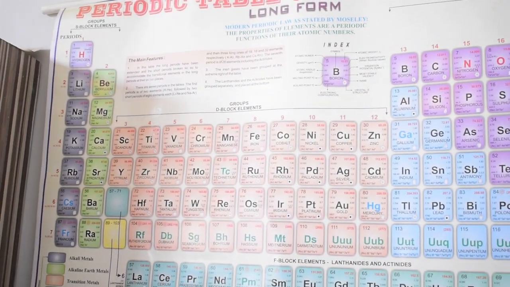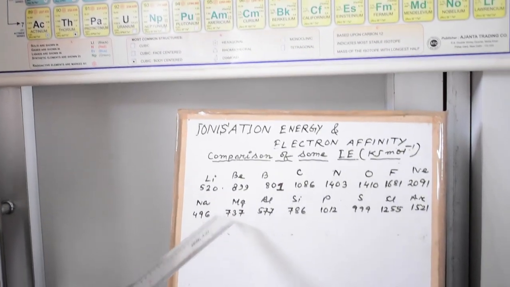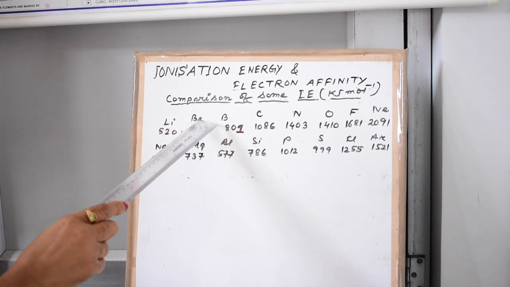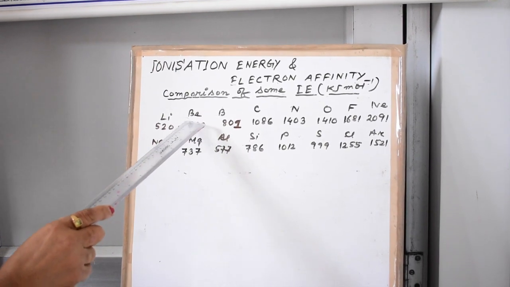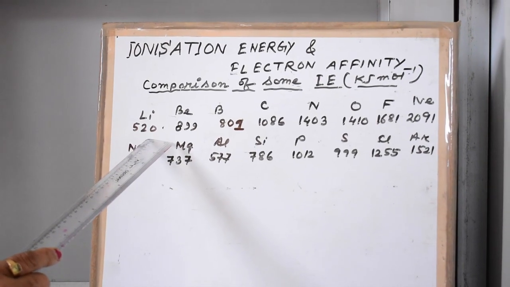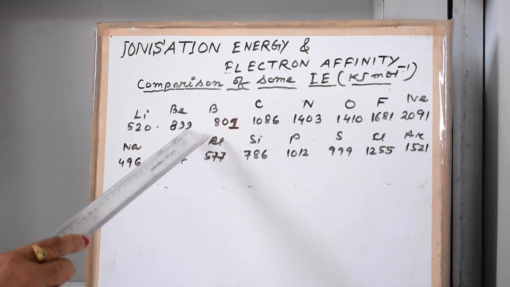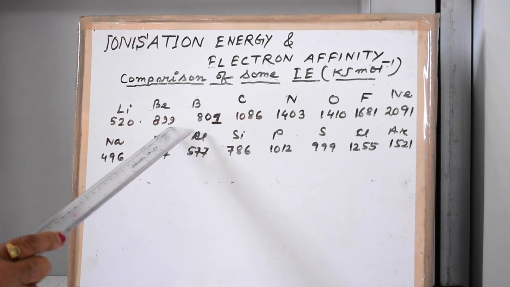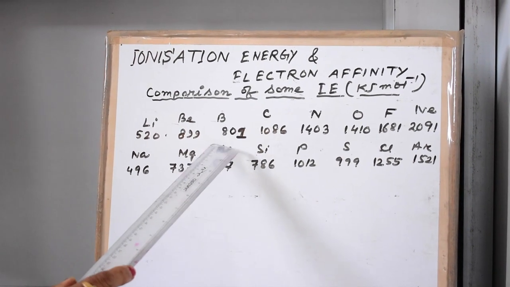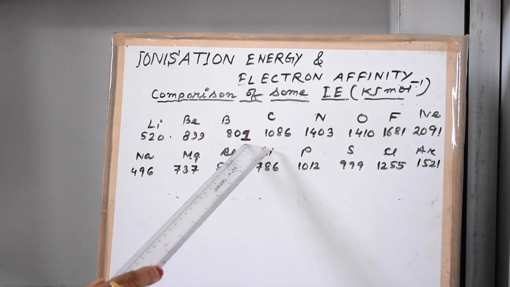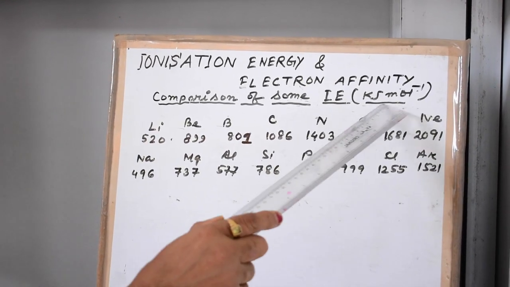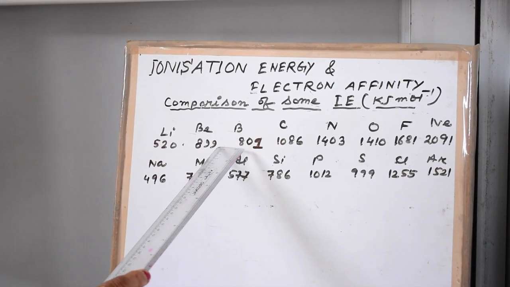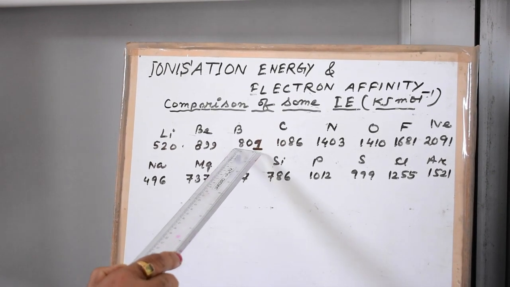Lithium has 520 kilojoule per mole, beryllium has 899, which is more than lithium, because here we have to remove the electron from a filled shell, that means the 2s2 shell. And boron has 801 kilojoule per mole, which is less than the 899 for beryllium, because here the valence electron is in the